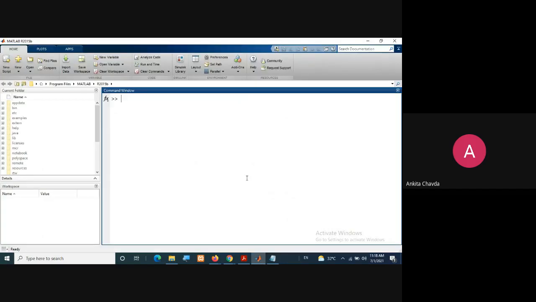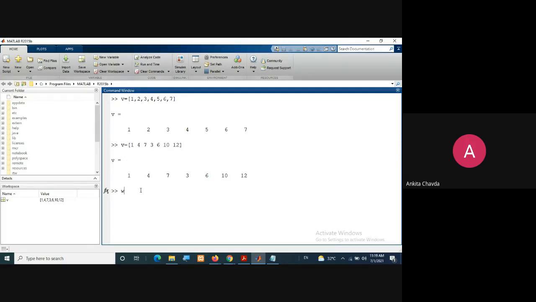So how can you create a vector? For vector creation, you just need to write your values in between square brackets, either separated with white space, or you can separate the values by a comma. I'll create it both ways. This is my row vector. I can even write v equals 1, 4, 7, 3, 6, 10, 12. It is something like this. Then also it will create your row vector, right? So either you can create it via white space or via comma.